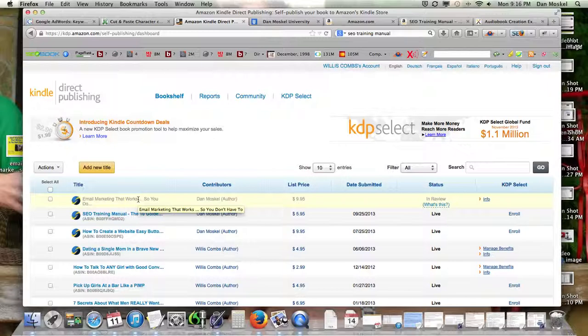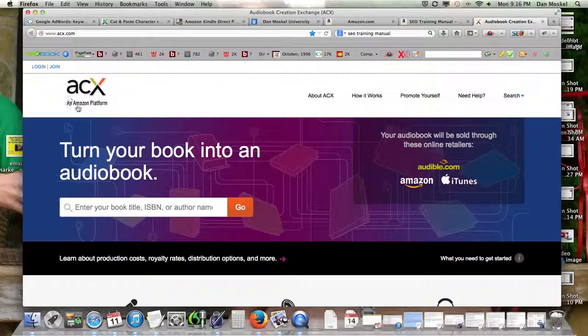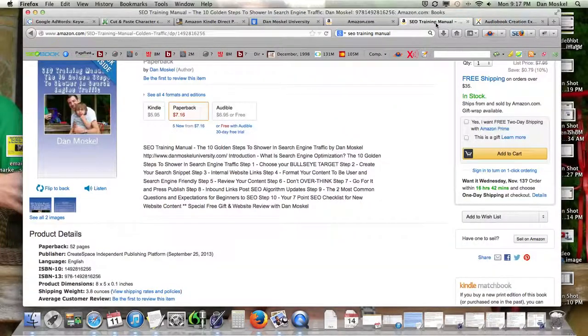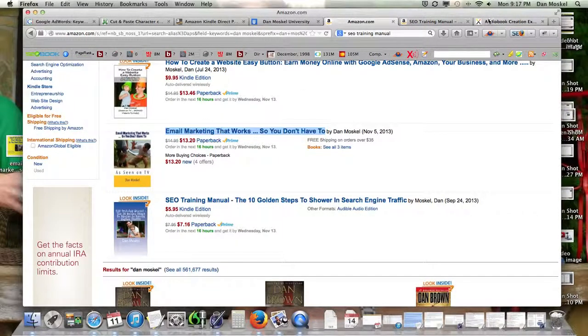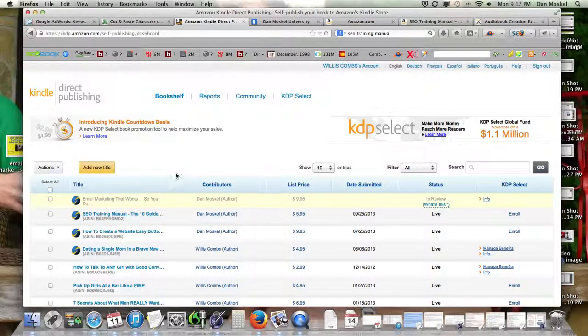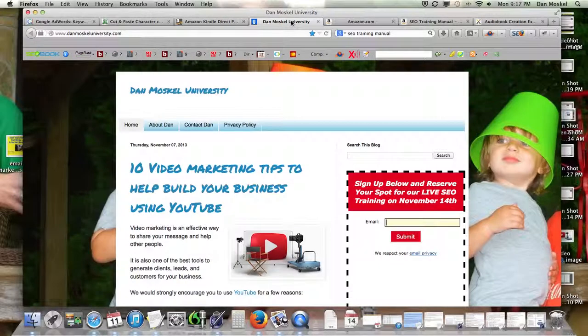from my experience. And I do recommend putting it into the Kindle along with audiobook. I really think there are some big shifts, not just with electronic readers, but also with the audiobook. ACX is a great way. It'll put your book in audio form at iTunes, which is a cool thing to have there, to be able to say, hey, you can go grab my book at iTunes. Just make sure that you follow the guidelines, especially when it comes to that KDP Select, that promotional offer. We're going to do that here with email marketing that works,